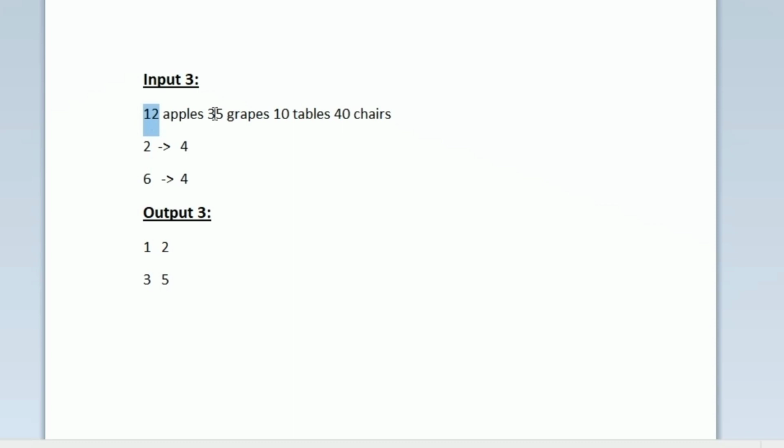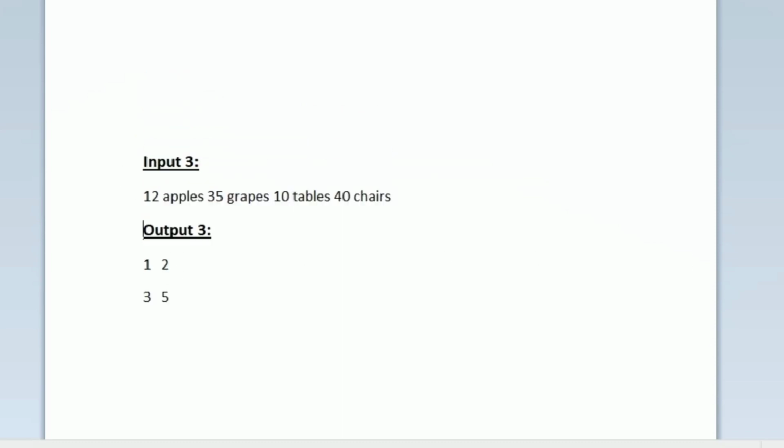So we are going to take the first 2 strings of length 2. The first 2 strings are 12 and 35. Using these we form our output matrix. In our output we can see that the first row contains the characters 1 and 2, and the second row contains the characters 3 and 5. So we have taken the first 2 strings of length 2 and formed a square matrix of size 2. This is how we should be printing our output.